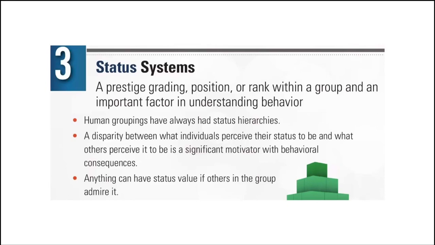Okay, so the concept number 4 of this concept of group behavior ni, kalau kat sini nombor 3 ni, status systems. It is a prestige grading position or rank within a group and an important factor in understanding behavior. So dalam group memang akan ada dia punya position. Okay, nanti kita akan ada dalam satu group tu, we will have the highest level of management, which is the CEO. So memang by hook or by crook ke, ataupun whatever happens,